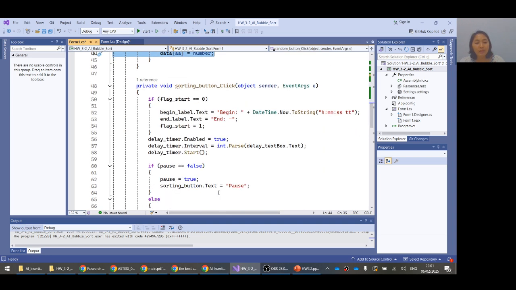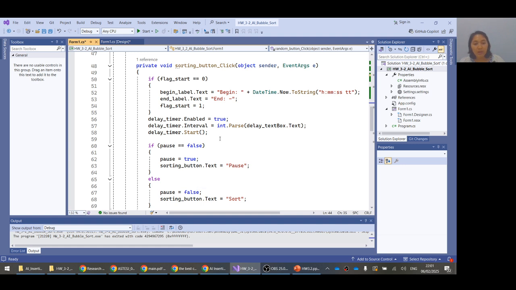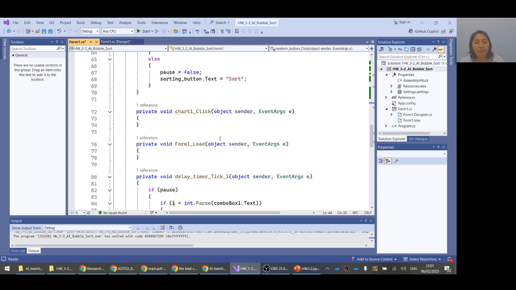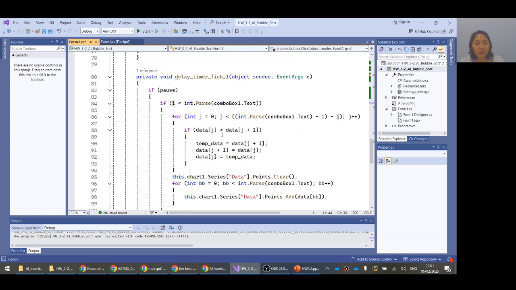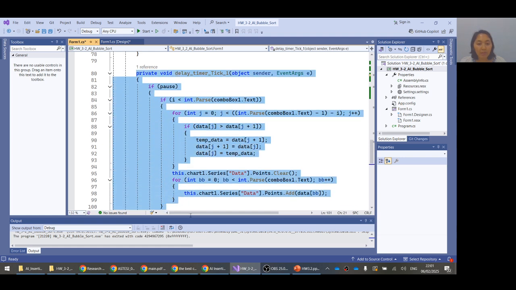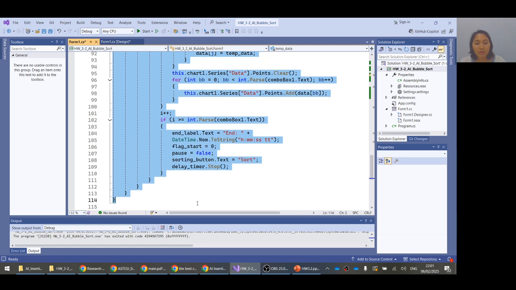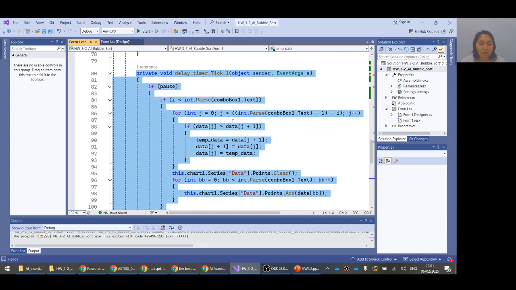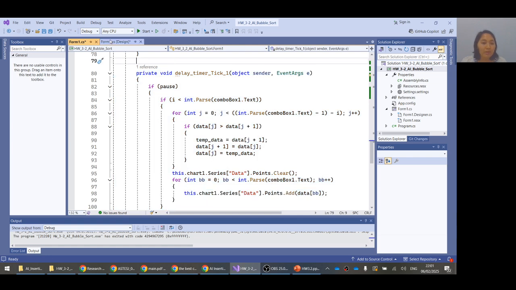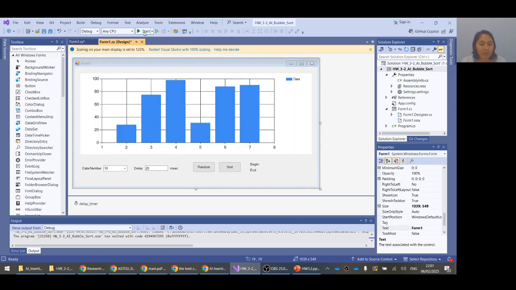And then after that, this is the sort button. This is for making the random data start sorting, and the process of the bubble sort algorithm is shown in this function, the delay timer tick. This is the algorithm for bubble sort, and I will show the simulation.